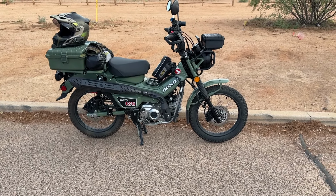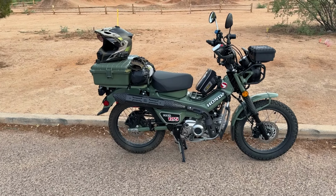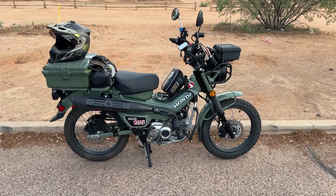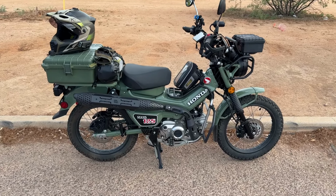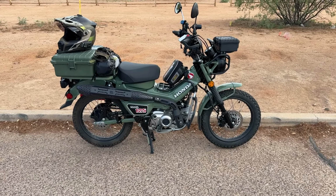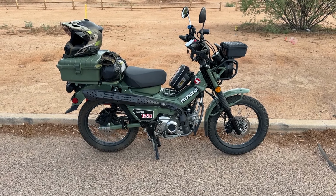I've rode enough on-road, probably too much on-road for this bike. And I've rode a lot of off-road, probably too much off-road for this bike, for what it's meant for. Done a little of both on this bike, and I've done some upgrades for it too. But one thing about this bike is the downside, as some people would call it, is this bike is not